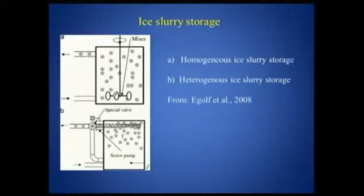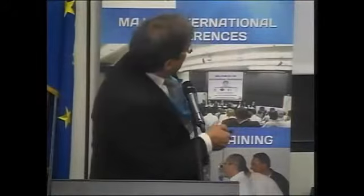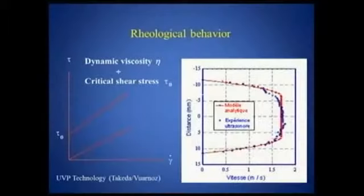By this you can save the mixing energy, which is a substantial energy in ice slurry technology. Rheological behavior, it's a Bingham. It has a critical shear stress. That means you need a certain pressure before it starts to flow, and this is related to this rectangular profile